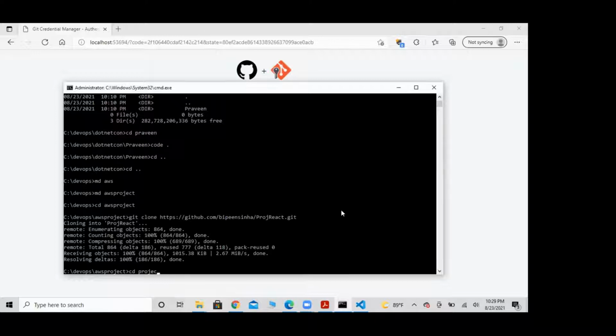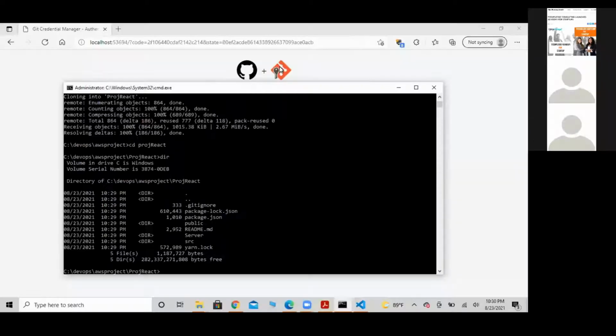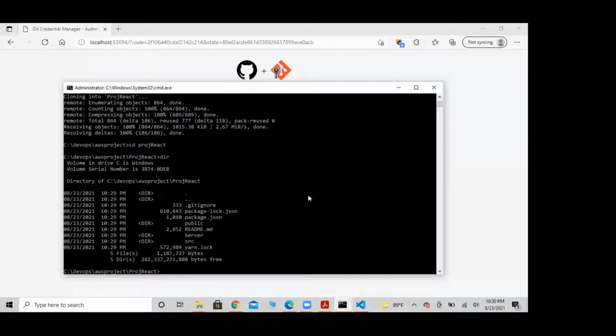When you press tab, whatever the next name is, it will automatically take it. Then say code space dot, code dot.